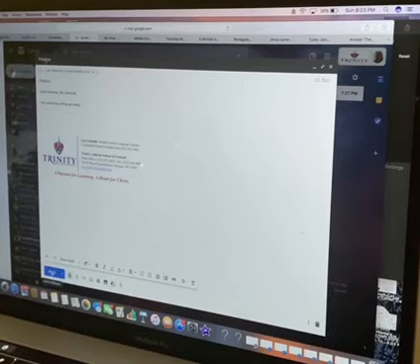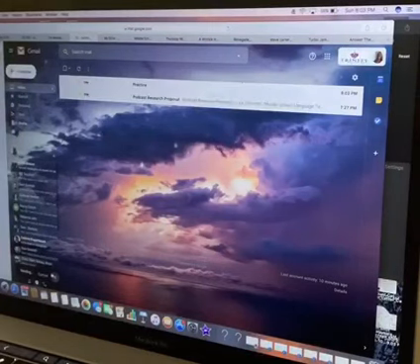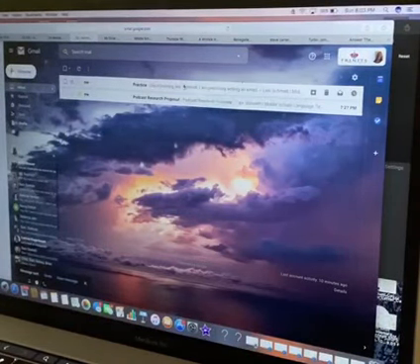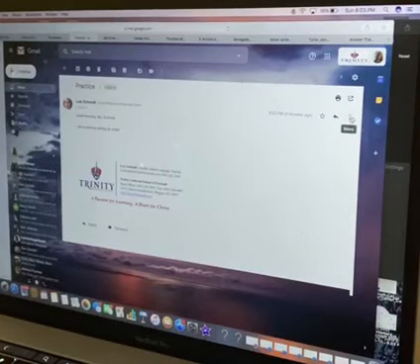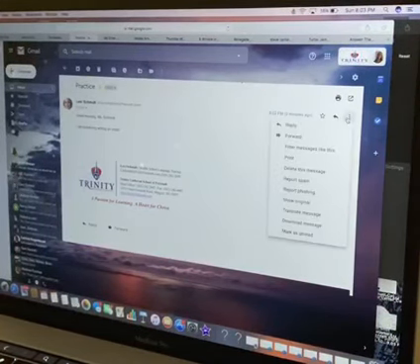So I'm going to go ahead down to the blue button, click send, and you'll see I sent it to myself, so it's just popping up right here. I'm going to click on it again, and I'm going to show you on the side here, this is how we're going to reply. Now, if there are multiple people on the email, it's going to give you the option